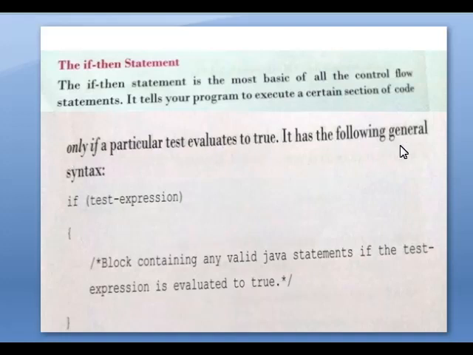It has the following general syntax. When you write the if statement, the syntax is like this: if, then the test expression, for example a greater than b, whatever the condition is. If the condition is true, it will execute the block of statements.